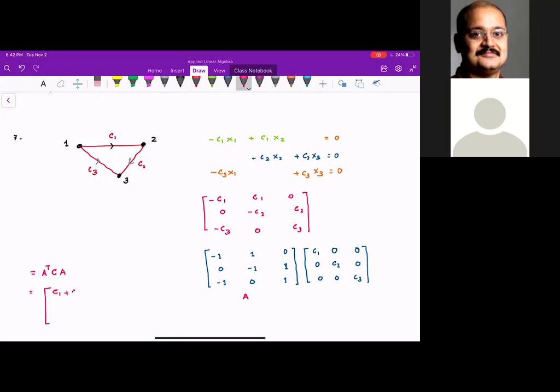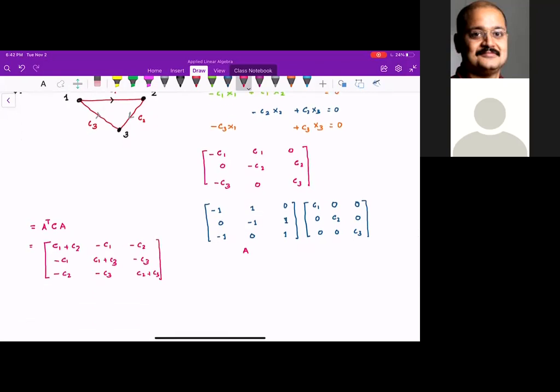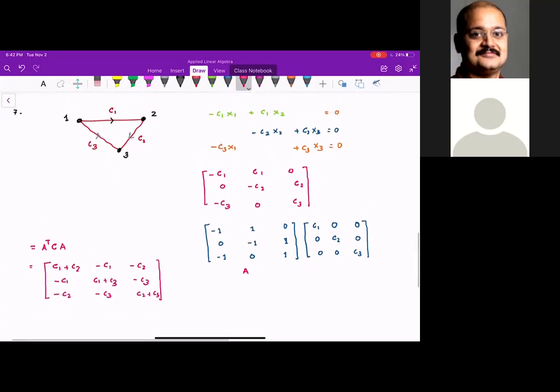You will get minus C1, minus C2, minus C1, C1 plus C3, minus C3, minus C2, C3, C2 plus C3. Now we get the X1 and X2. So X1,